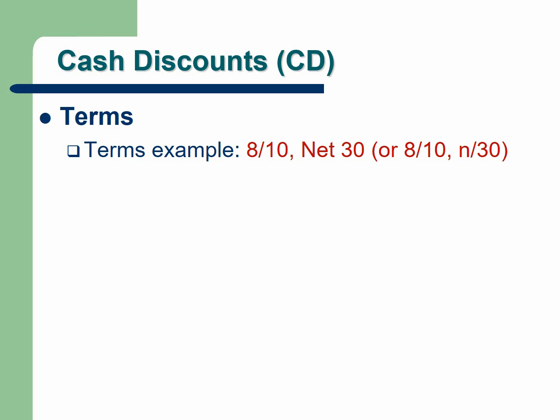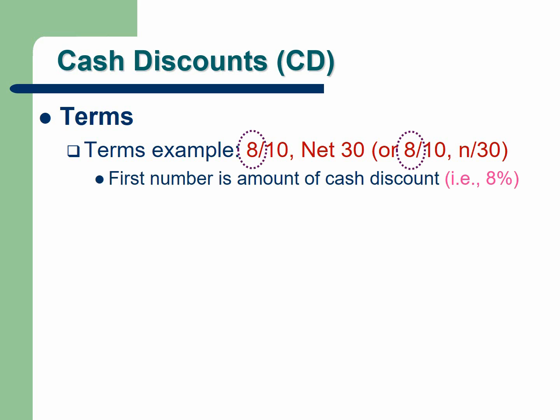When the cash discount term is recorded on the purchase order or the invoice, it follows a certain format. For example, here you see 8/10, net 30. Or you may see something like 8/10, n/30. Both of them, the first 8/10 net 30 and the one in the parentheses 8/10 n/30, mean exactly the